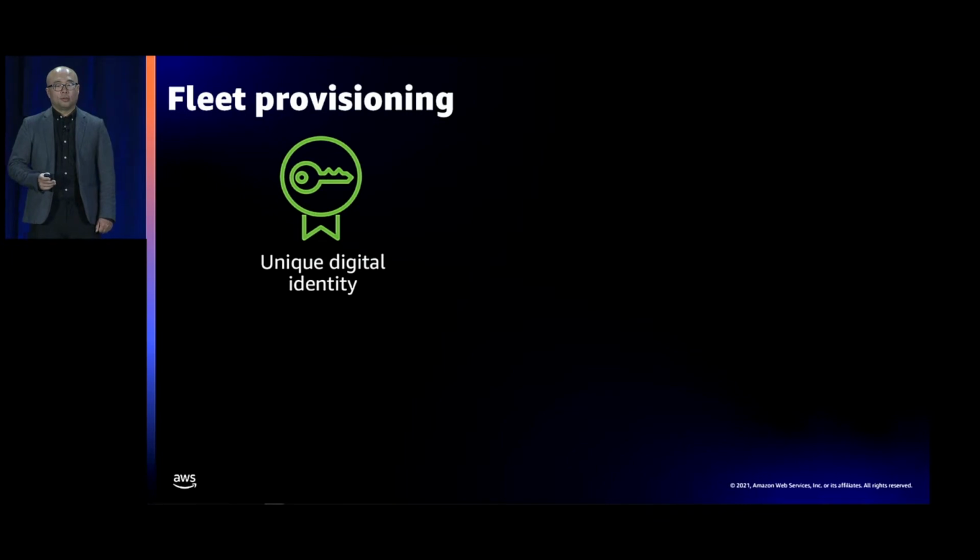Now, I would like to walk you through key steps to use AWS IoT Device Management with fleet indexing. First step is fleet provisioning, which helps you register your fleet of devices with AWS IoT Core.